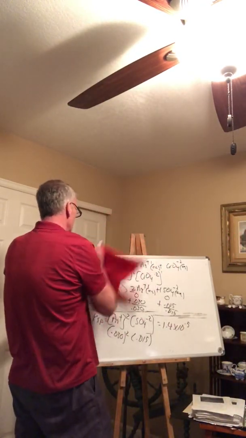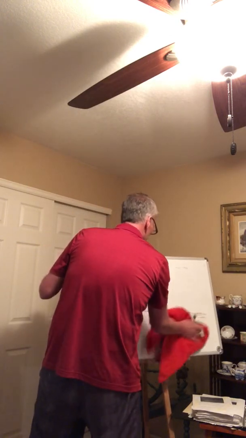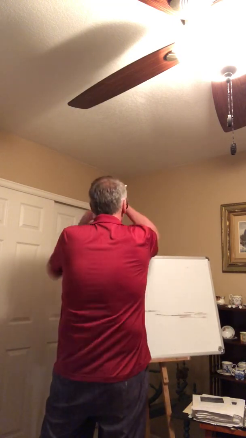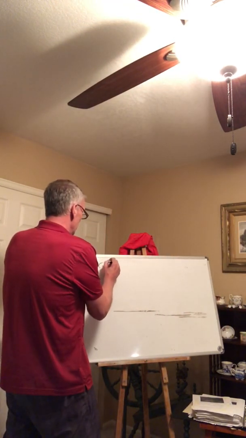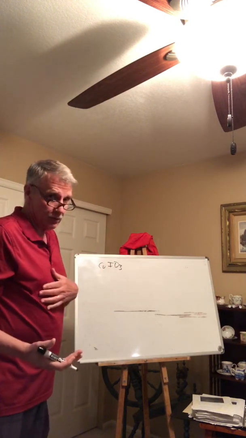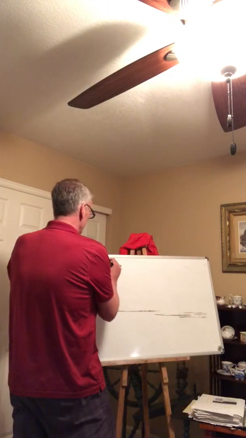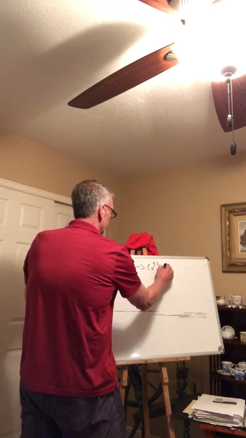Okay, so hopefully you guys can see that. I'm going to do the same thing. The first step is I'm going to write out the dissociation equation. What I got here is copper 2 iodate. So again, you have to review how you write this. Copper 2, and then iodate, like chlorate is ClO3 negative 1, well, iodate is IO3 negative 1. And so the formula for this would be like that, and it would dissociate like this.